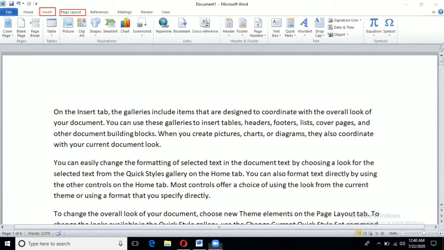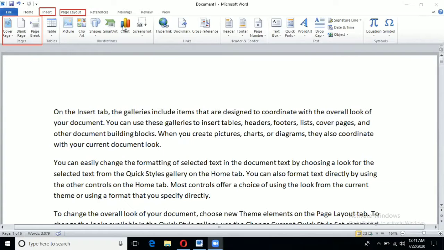How will you do that? The first one is when you click on the Insert tab, you can see one group called the Pages group. In the Pages group, we will click on Page Break.